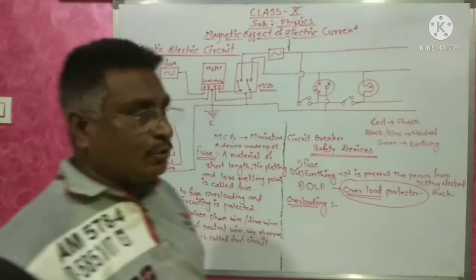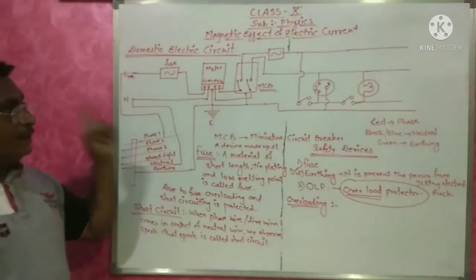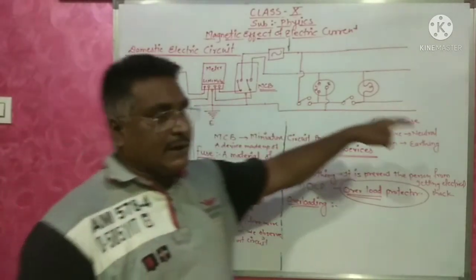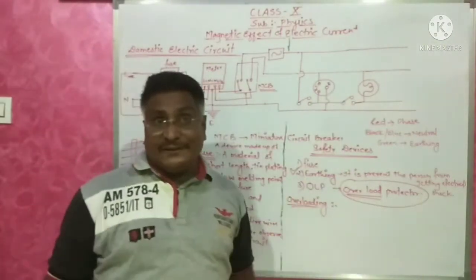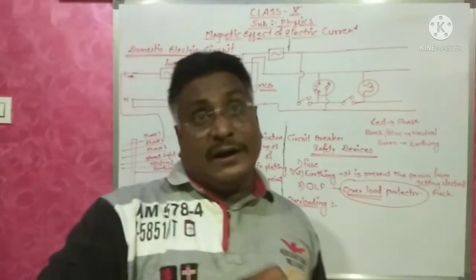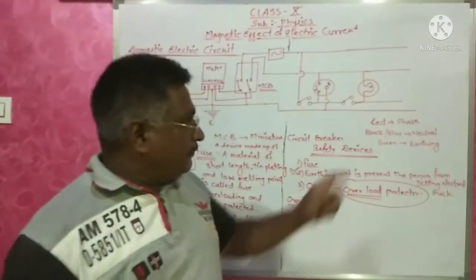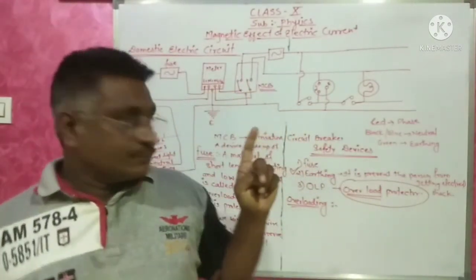These are the color codes. Whenever we are doing the wiring in our home, we use color codes in such a way that we can easily understand which wire is the phase wire. In the phase wire, continuous current is flowing, so if we touch the phase wire, we will get a shock.